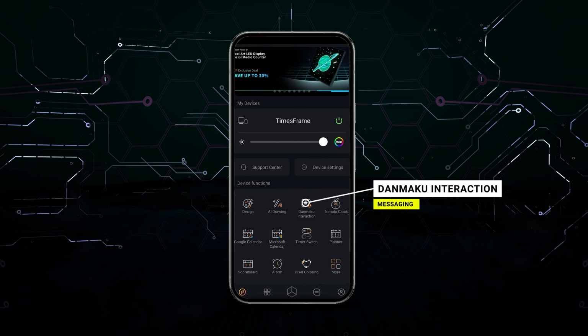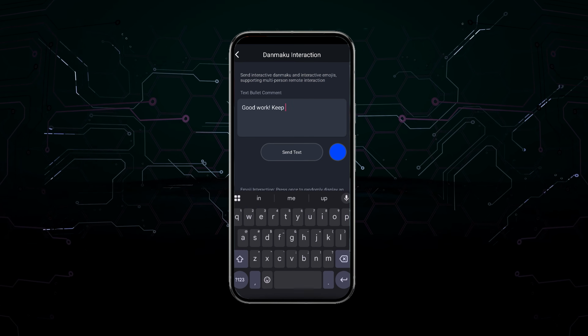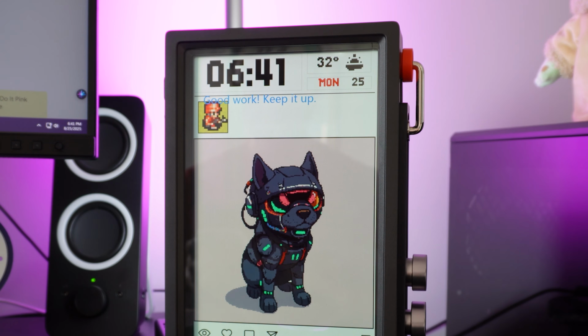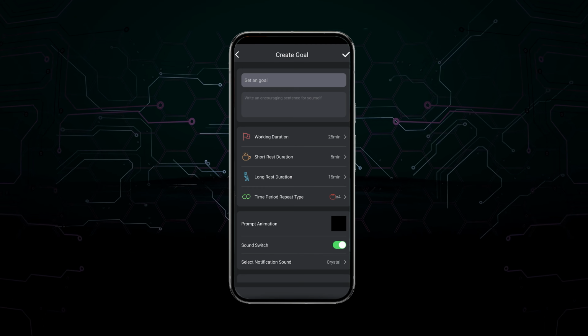Danmaku interaction is the ability to send messages to the display. This is for multiple users to send each other fun notes and emojis if you're sharing control with a friend or family member. Tomato Clock is a productivity feature where you can set yourself a schedule of reminders for a